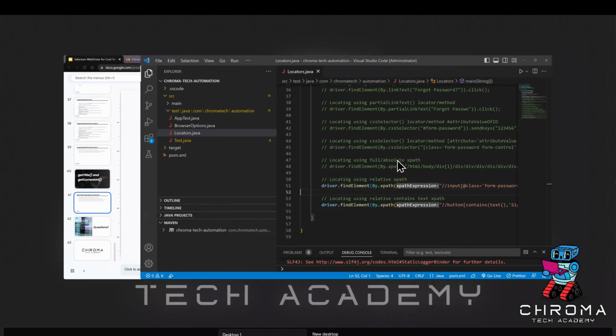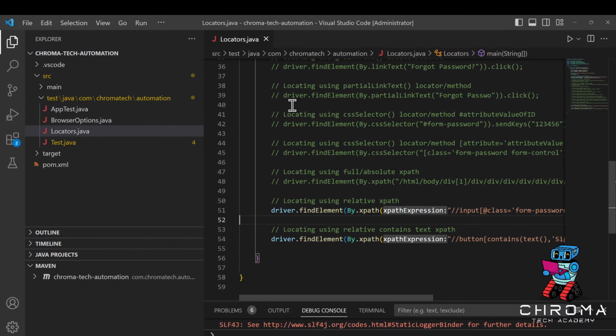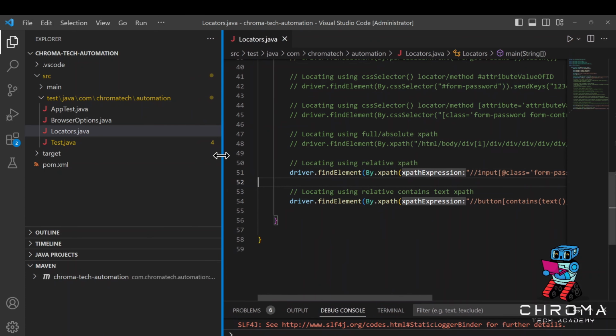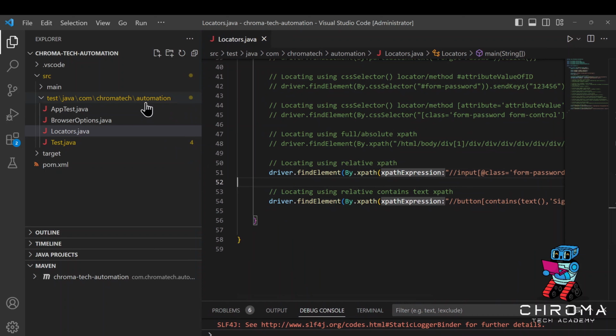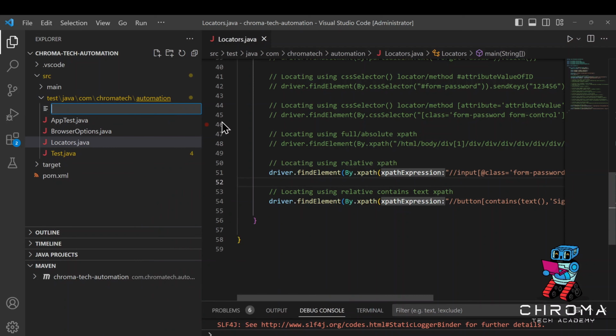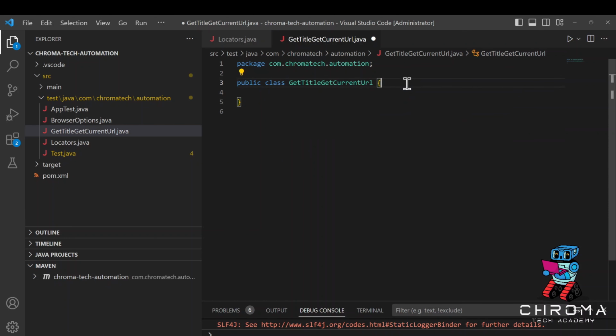Okay, so I'm going to go to VS Code, and I'm going to create a new class because this one got obviously a little too messy. So I'm going to just drag this over here. I'm going to right click on the automation folder or package. I'm going to create a new class. I'll create new file, and I'll call this getTitle getCurrentUrl.java. Okay, and inside this class, I'll create a main method, and I'm just going to go ahead and instantiate